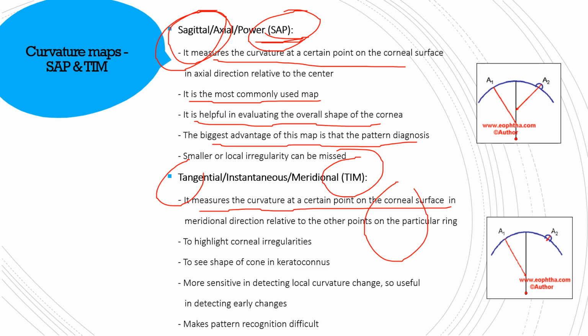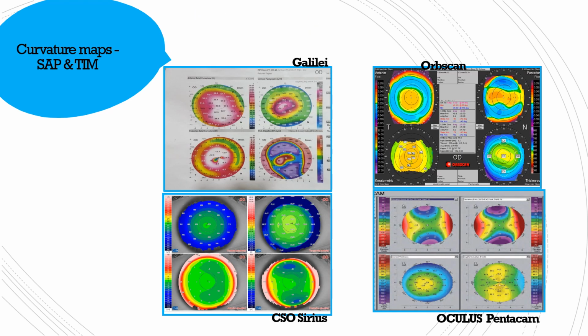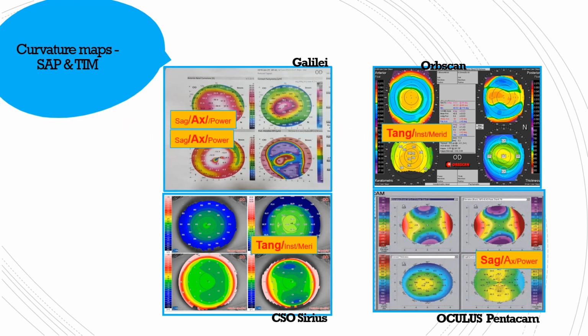We are back to the four maps, and I just revise that the Galilei has got the axial map, Orbscan has got the tangential map, Pentacam has got the sagittal map, and Cirrus has got a tangential map. Remember,